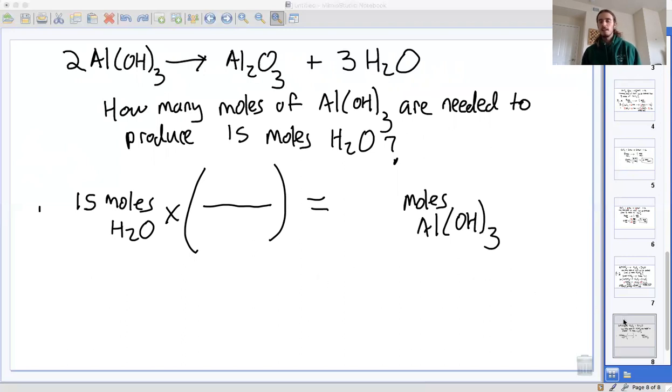So we're going to take this coefficient and this coefficient and set up a ratio. In this case, we're converting from water to aluminum hydroxide. So you want water on the bottom, aluminum hydroxide on the top. So it's going to be